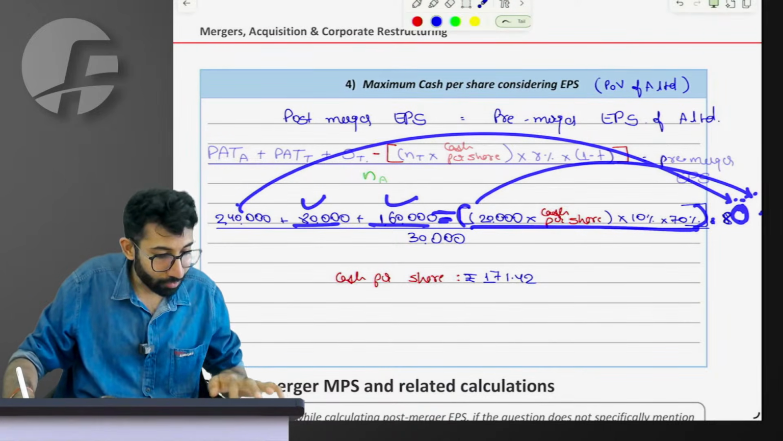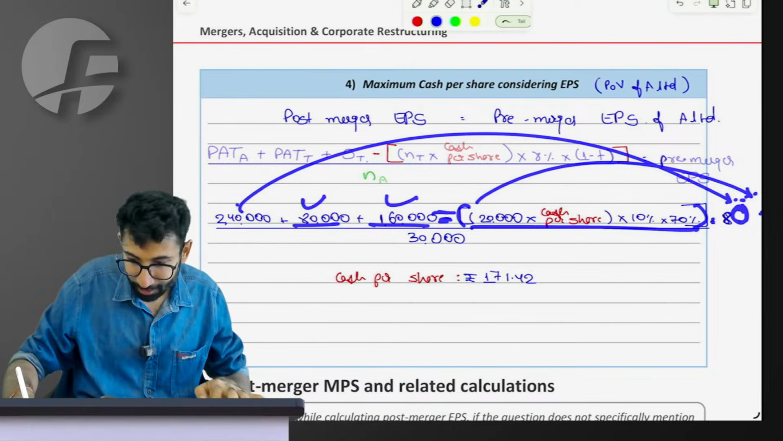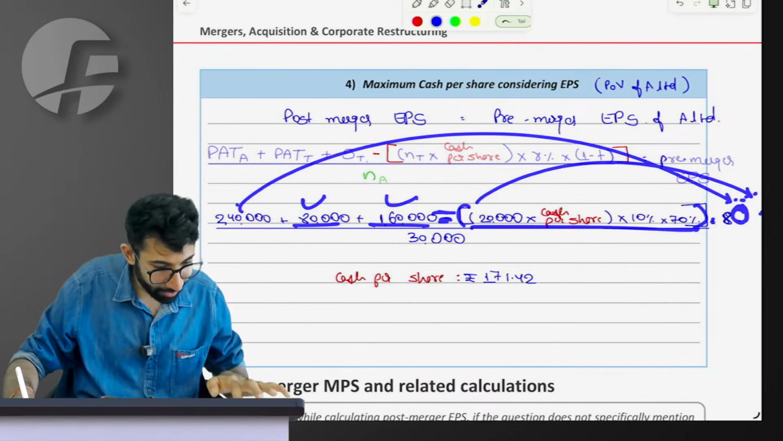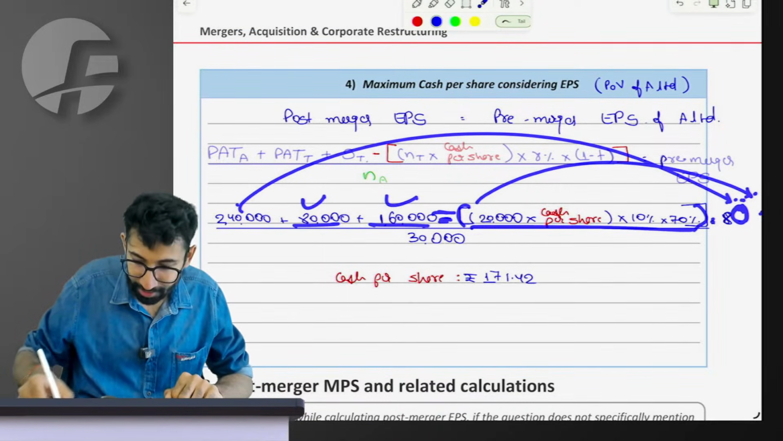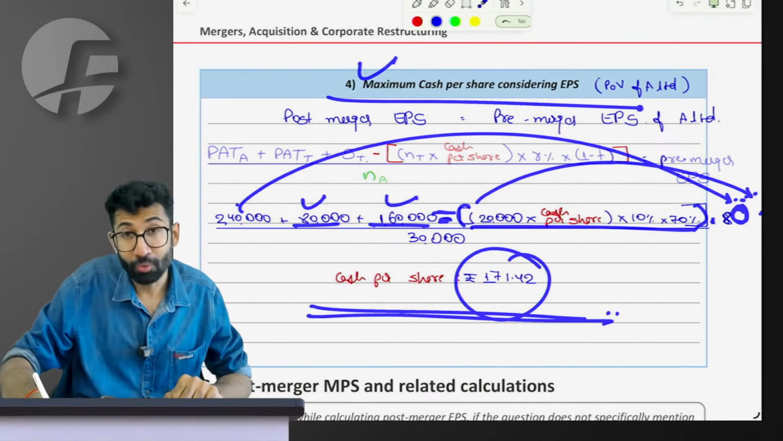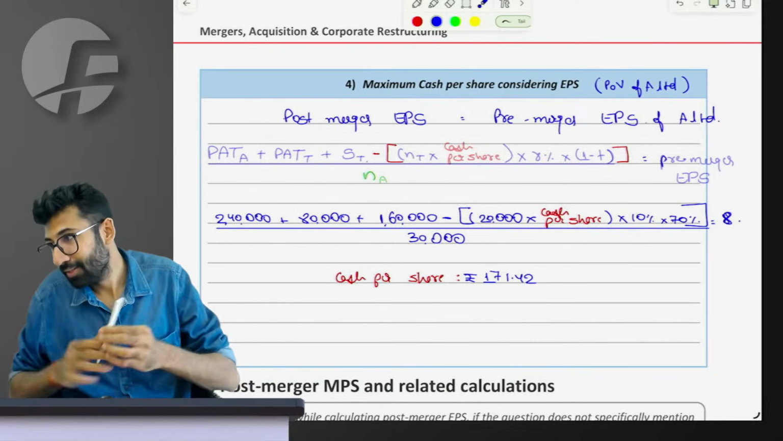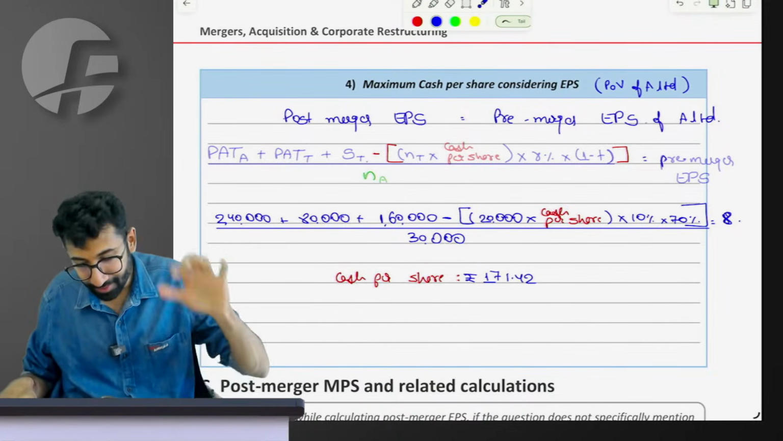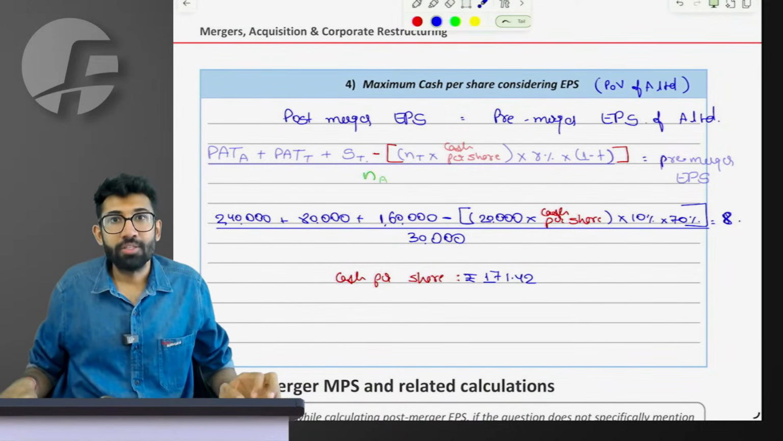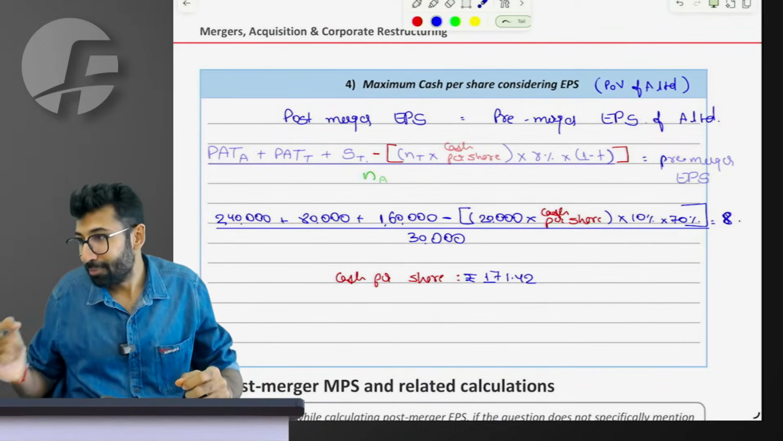So what's there to solve now? 80,000 plus 1,60,000 divided by 20,000, divided by 10%, divided by 70%, gives me 171.42, which is the maximum amount of cash that I can afford to pay you as an acquirer if I want to maintain my EPS. Yes. So done, boss. Could you all connect to it? If you say yes, let me